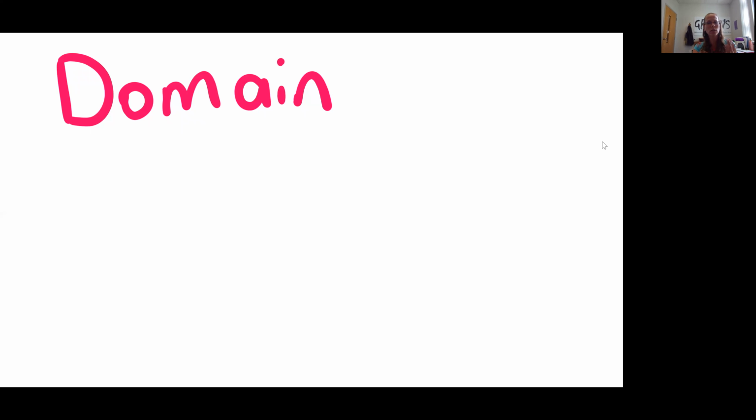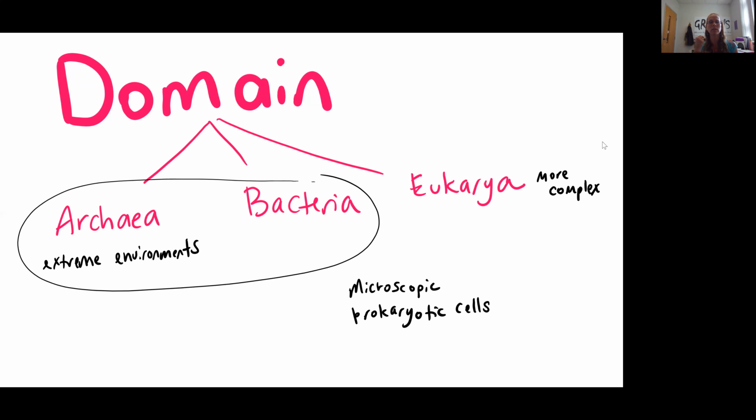We can divide all of life on the planet into one of three possible domains. This is our largest heading of how organisms can be classified. Our three domains consist of the Archaea, the Bacteria, and the Eukarya. Now, the Archaea and the Bacteria are probably the domains that you're least familiar with. These are all microscopic organisms. They're all classified as prokaryotes, and we'll be talking about what it means to be a prokaryotic cell as we progress into, I think, about chapter 3, where we'll really start defining that. So that's coming up in the future.